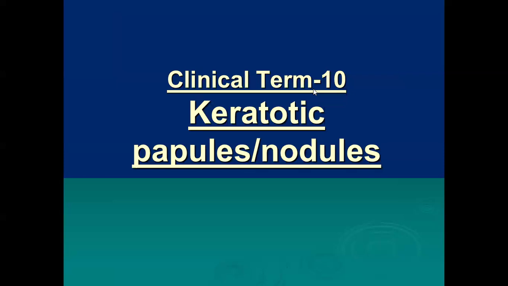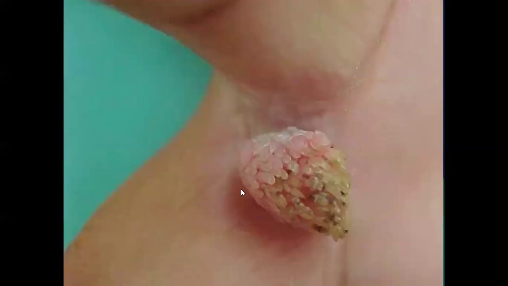So the last term I'm going to discuss today is keratotic papules or nodules. I discussed hyperkeratotic conditions in which there is diffuse hyperkeratosis. I discussed follicular plugging, or conditions which are associated with follicular keratosis. So this is a group of skin disorders that are characterized by a papule which is thickened, which is hyperkeratotic. A very common condition is the filiform wart, a hyperkeratotic papule